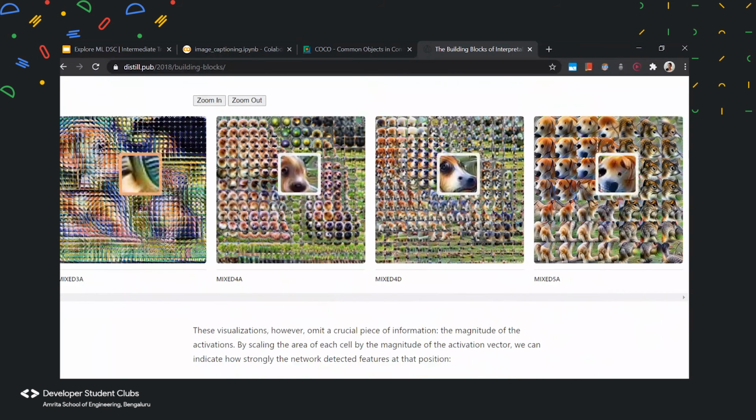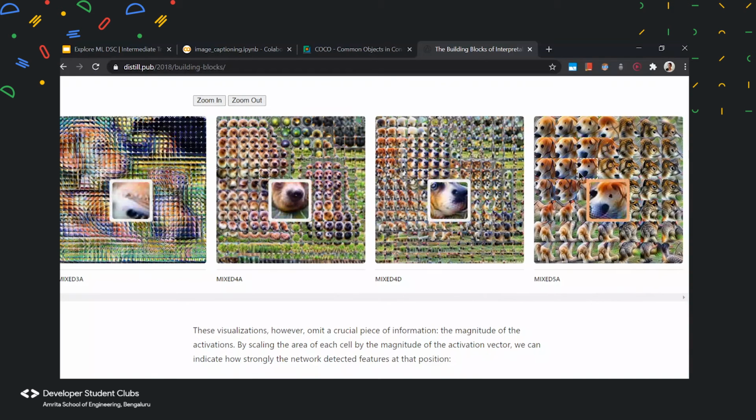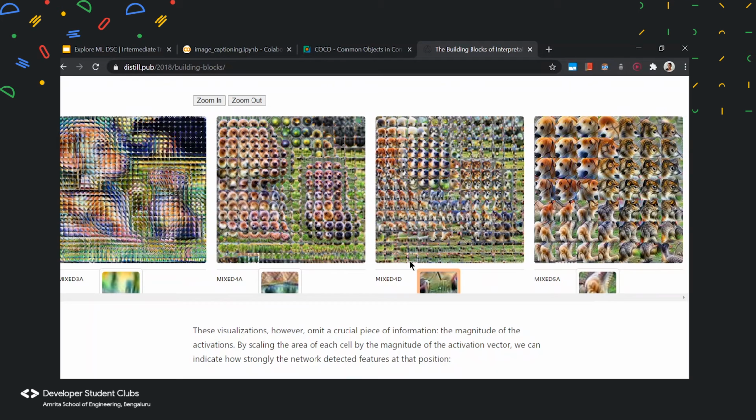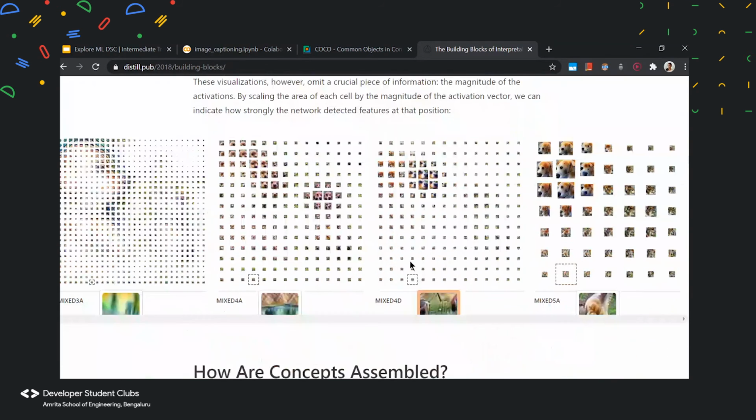Here you can almost make out the original image, but as it passes through your neural network, its representation is changing. The reason it's changing is because the neural network is trying to hold on to only those pieces of information that are important for it to make a prediction. But this is not exactly representative of the weights as well. You know that we have a magnitude, or the activation function, which gives importance to these different parts of the image.